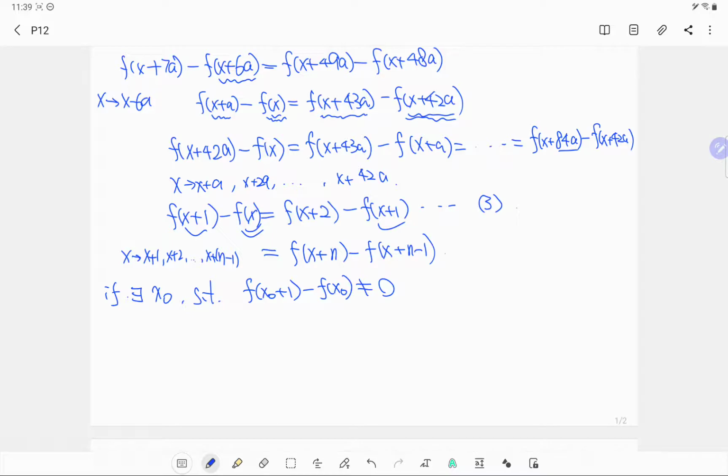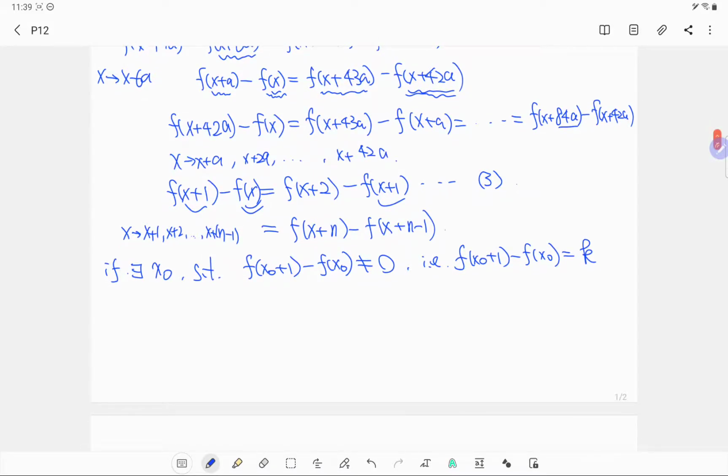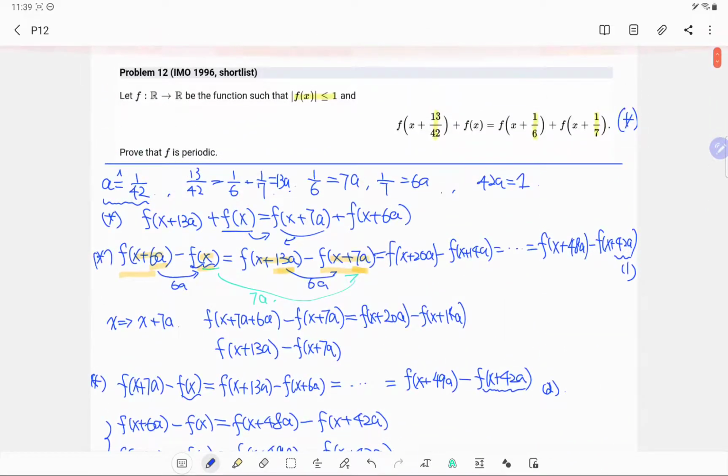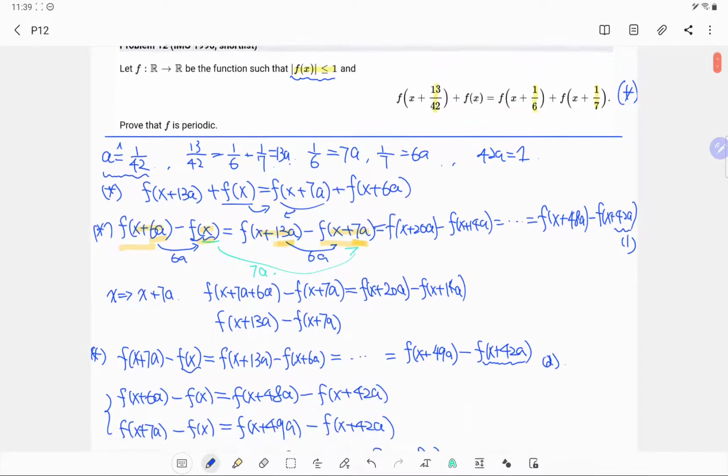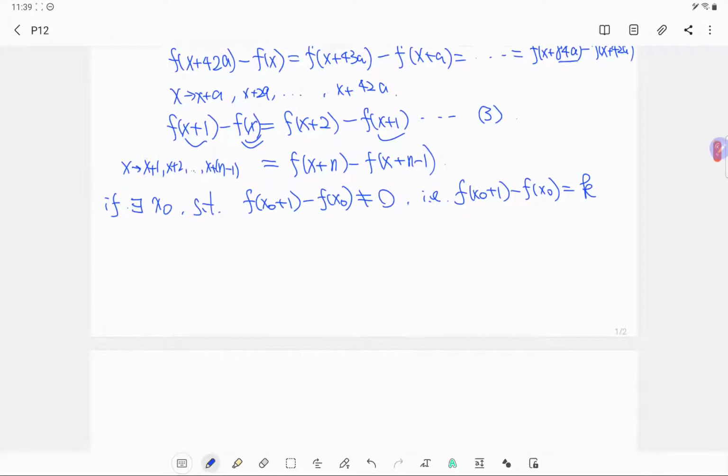Or maybe we can say that f(x_0+1) - f(x_0) equals k, which is not equal to 0. And yeah, referring back to this condition, which is really useful for us,